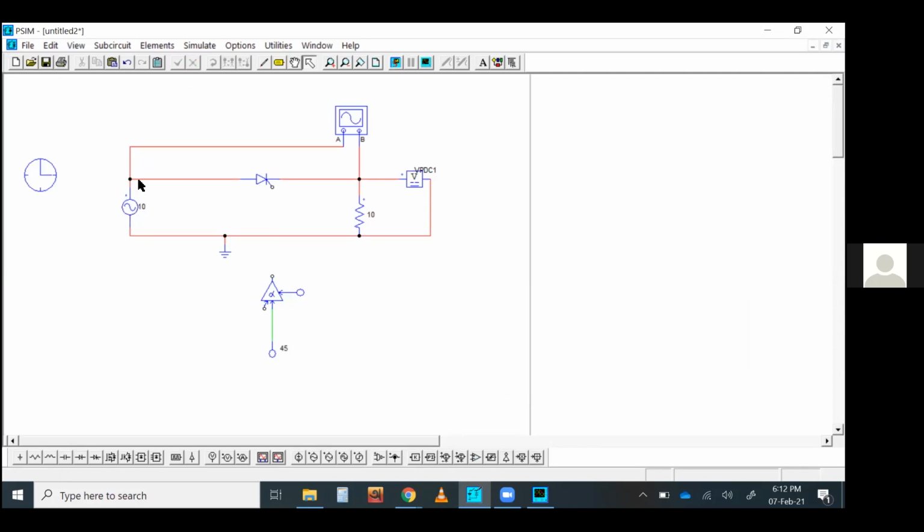We can check it from the voltage here. This is the voltage sensor. It does look like an op-amp, but it's simply a voltage sensor. Don't get confused. It measures the voltage between two terminals. You can assume this is the positive terminal, and this is the ground, the negative terminal. So it will simply give you the voltage. The same voltage you are getting here, it will give you here. And then you're going to need a comparator.